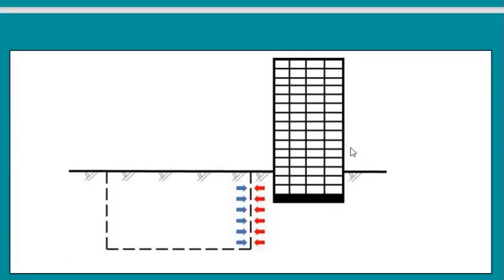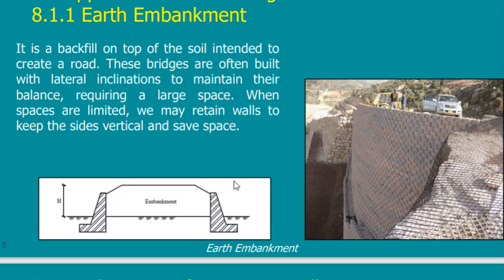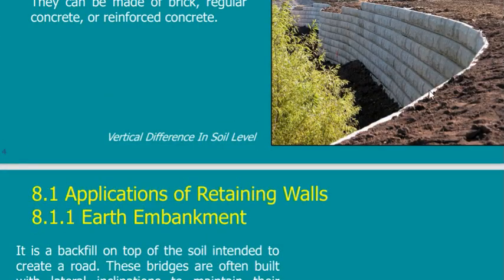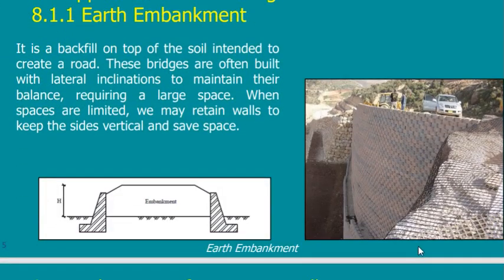Actually, we can say that a shoring system is a temporary system. It is a retaining wall, but it is temporary. This is the first thing. The second thing, it can be constructed from ground surface. This is very important, because if I want to construct a retaining wall like this, or like this, or maybe